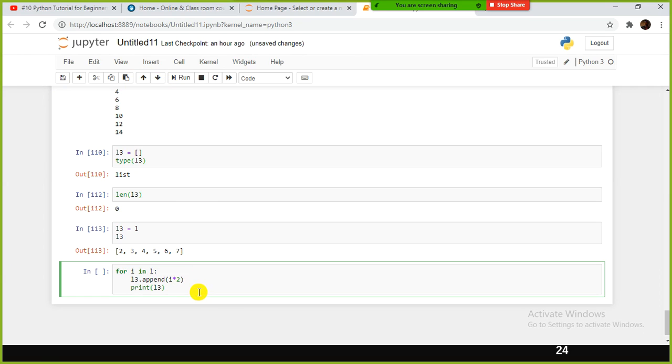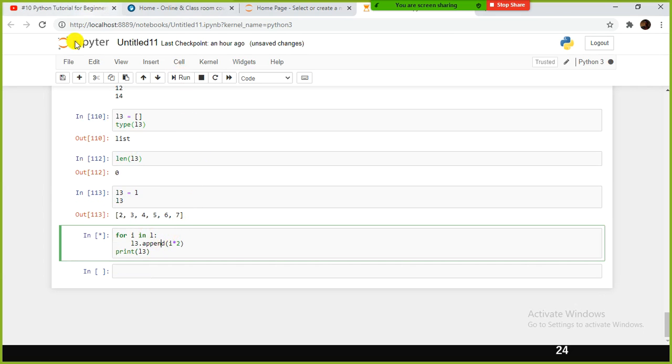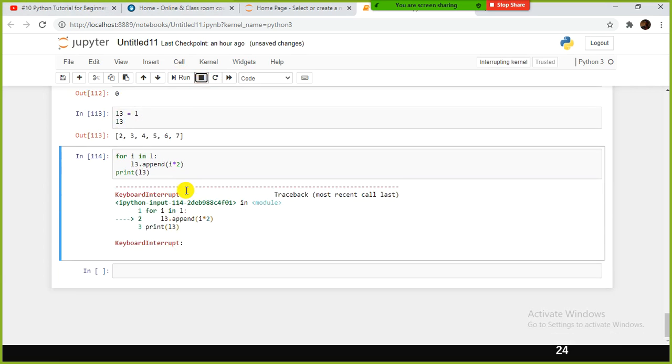Not here. Let me do one thing. Here I am going to do this one. Actually, for loop. At the end of the for loop. Is that correct? Keyboard interrupt. So for I in L, take each and every element, multiply it by 2 and append it to this one, right? Let me do one thing.